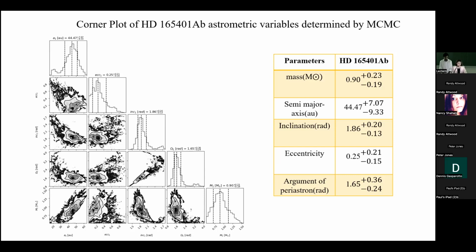Inclination tells you how tilted the orbit of the system is, and eccentricity tells you if the orbit is very circular or very elliptical. In this case, 0.25 tells us that it's elliptical shaped. And argument of periastron, don't ask me that. I get dizzy when I think of that.